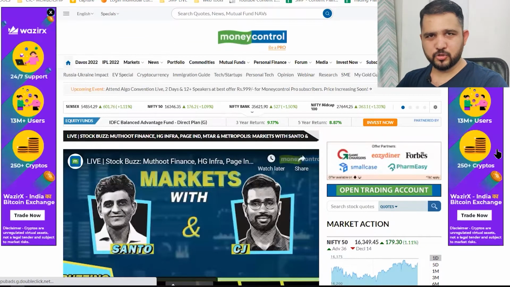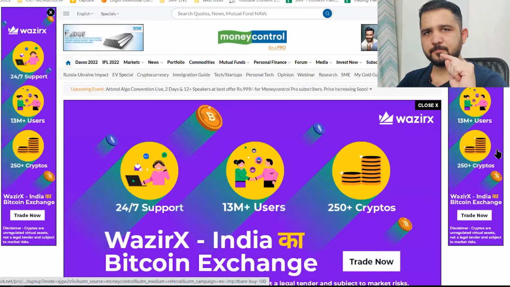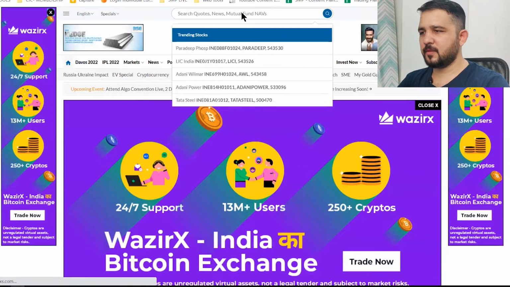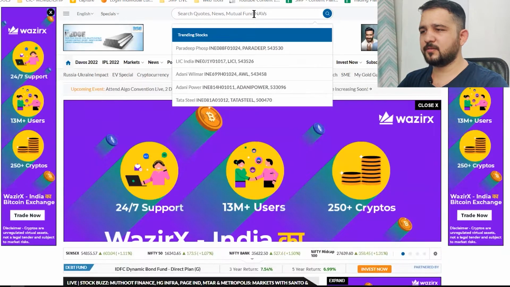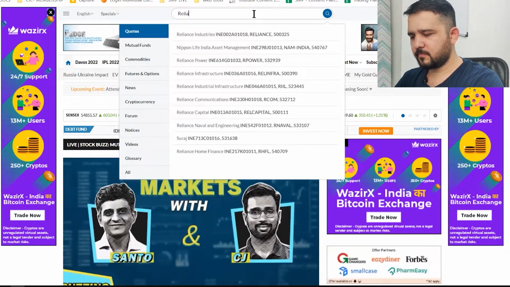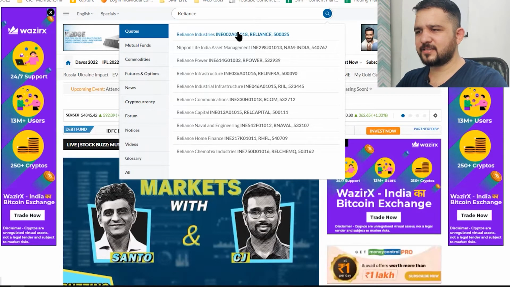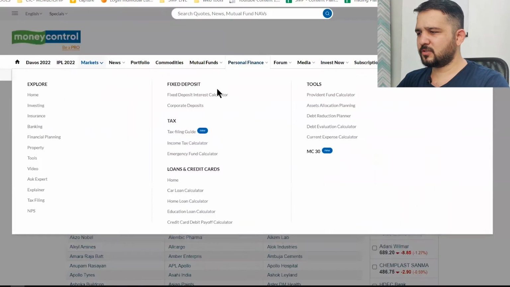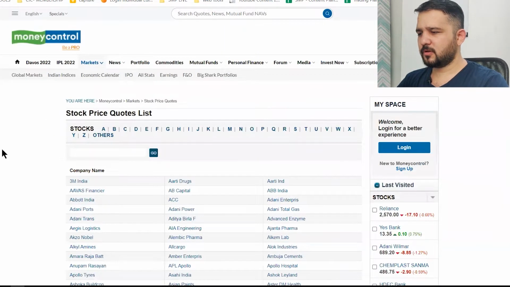Okay, so straight away on the website, to look for a stock's information, go to the search bar where you see search quotes and news and mutual fund NAVs. Type in the name of the stock. I'm taking Reliance Industries as an example, and as soon as you go to that particular website,